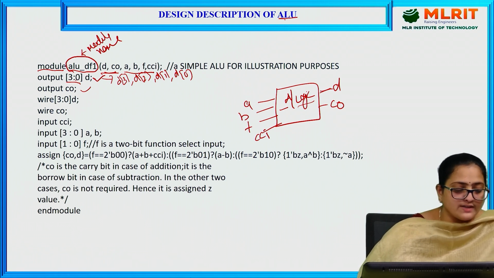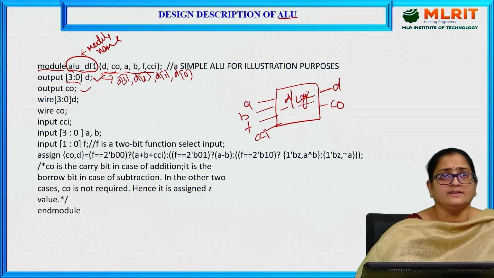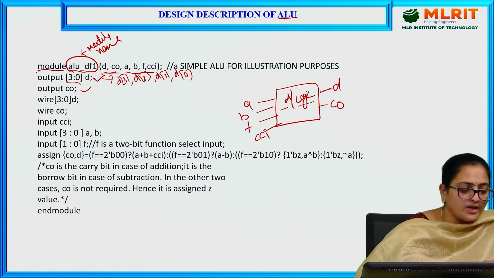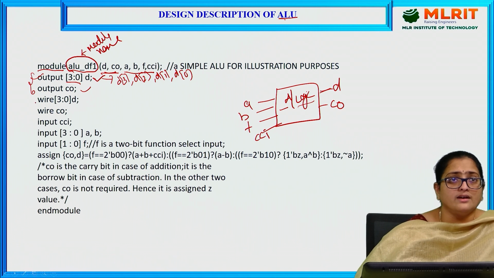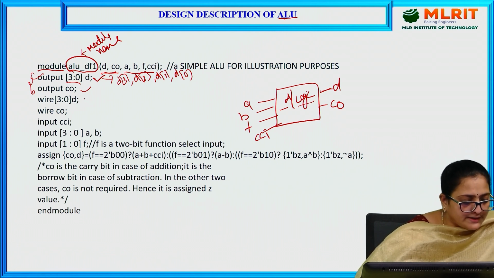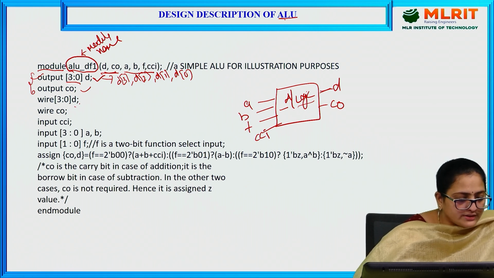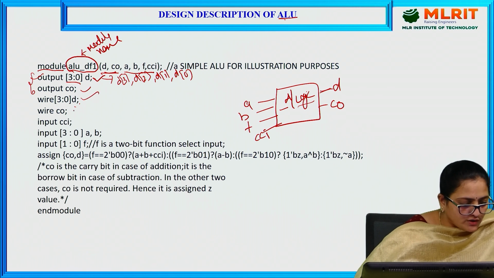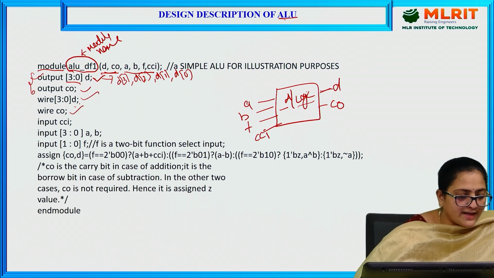Vectors have to be declared separately and scalars have to be declared separately. That is the reason why I use two output keywords, one for declaring a vector and the other for declaring the scalar. Next, wire D. This D is also used as a wire to drive the output, so wire [3:0] D. And C0 is also a wire. As I am declaring D as a vector for the output, you need to declare the vector with the wire also.